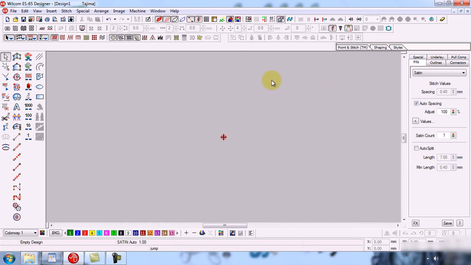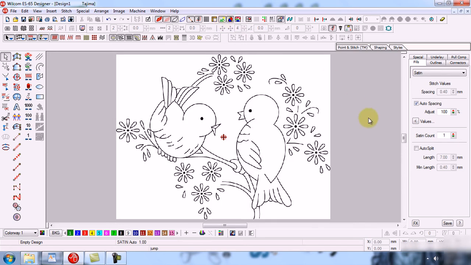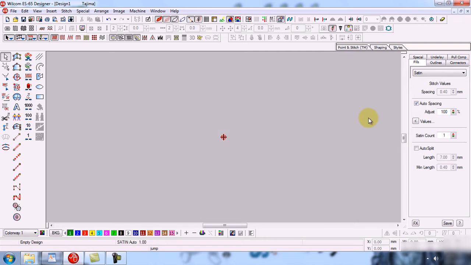So before inserting any image, you should turn on the bitmaps. Bitmaps means the insert image option. Its shortcut is D. You can press the D button from your keyboard to show or hide the image.